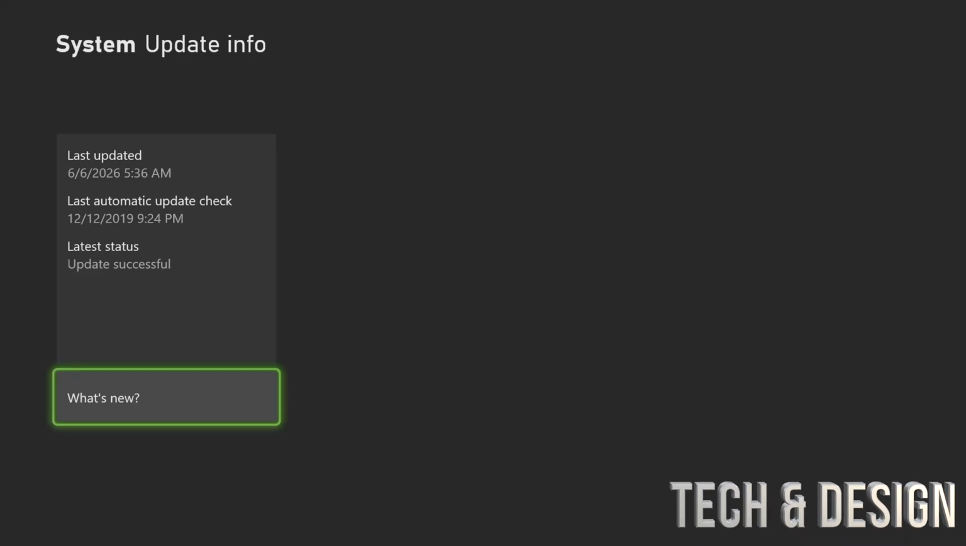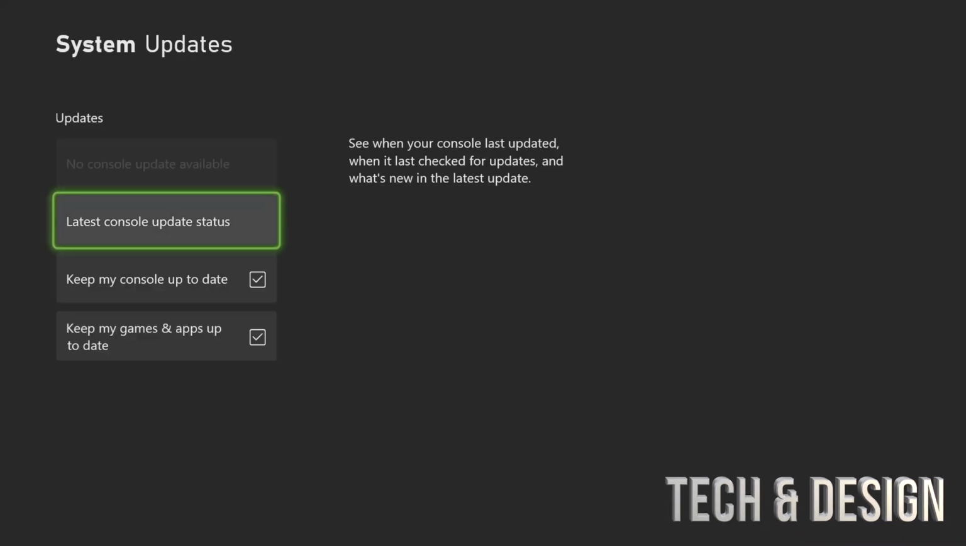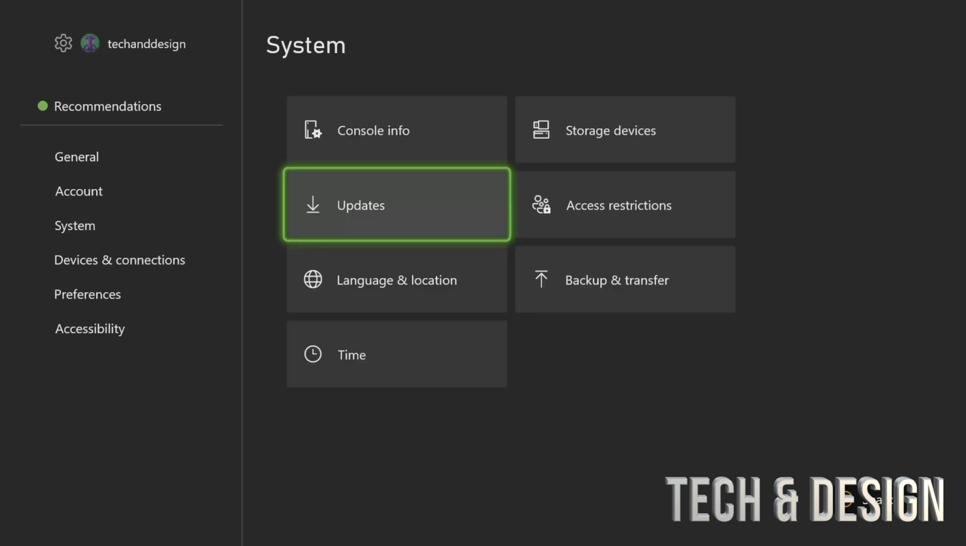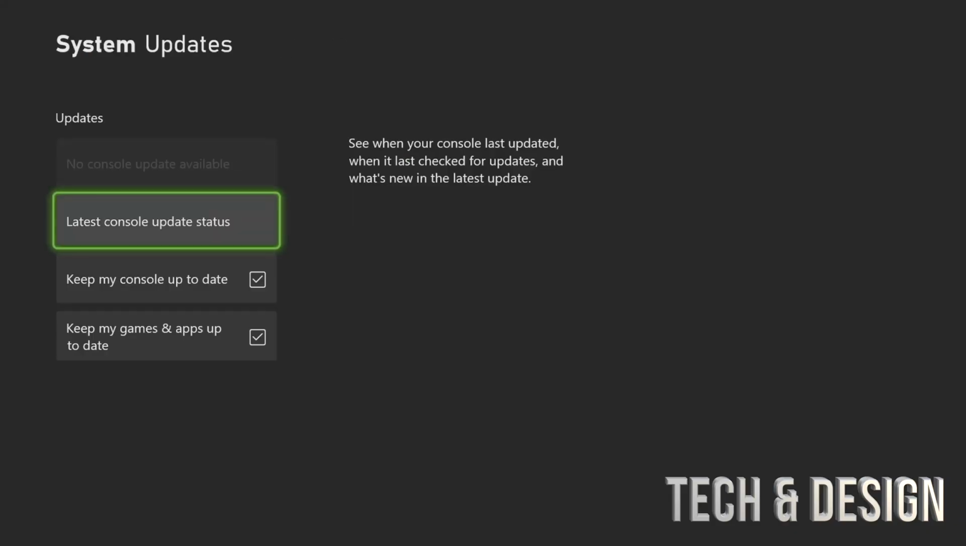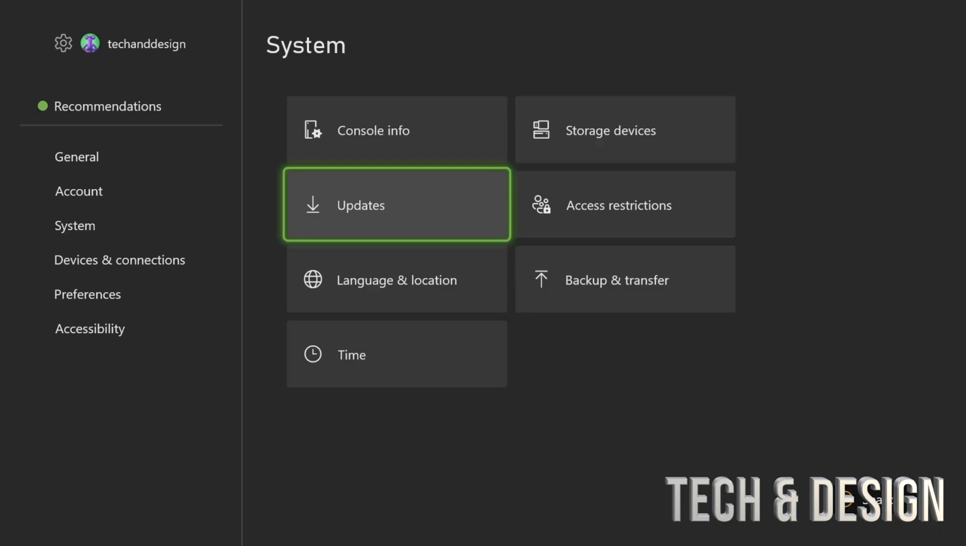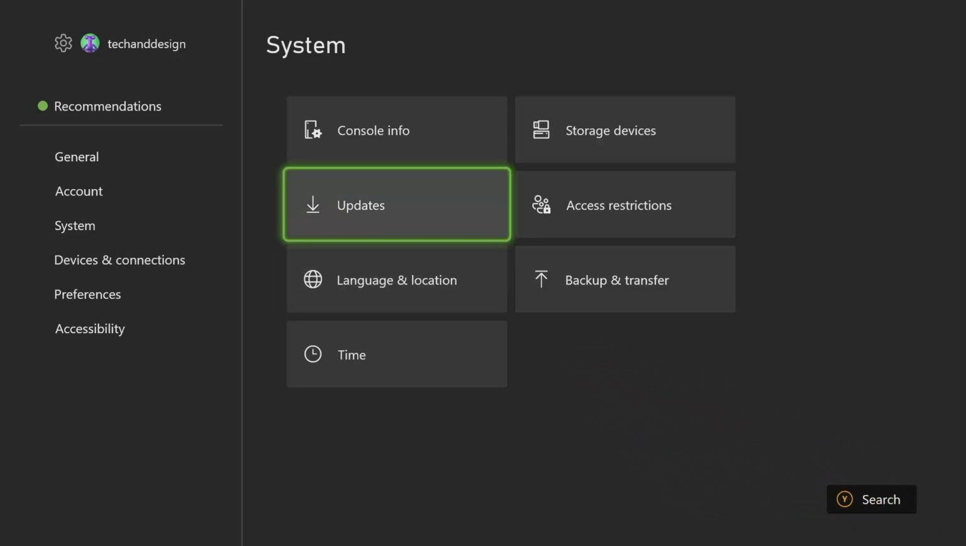If you have any updates, they would be right here. If not, then that means you're all up to date. You're good to go. There's nothing else you need to do. This is where you would do any updates that are available right now for your Xbox. Other than that, once you turn it off and on, usually updates by itself, so you don't have to worry